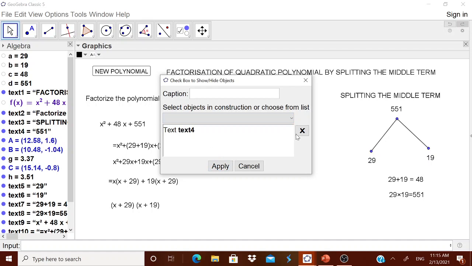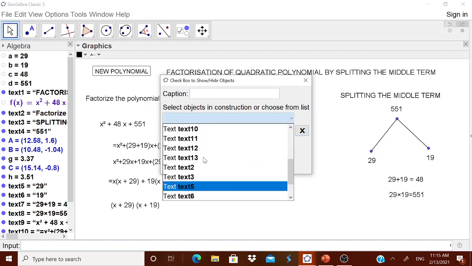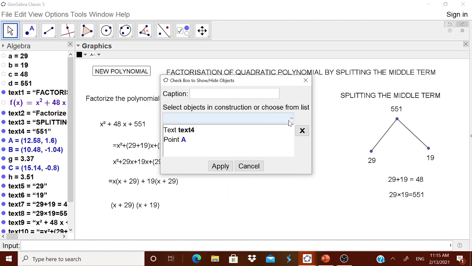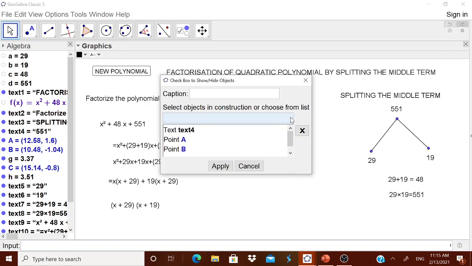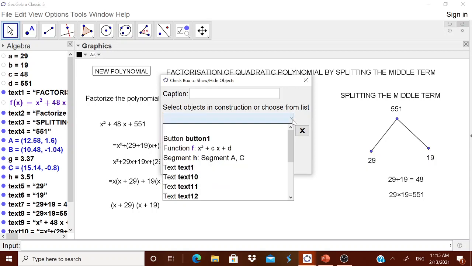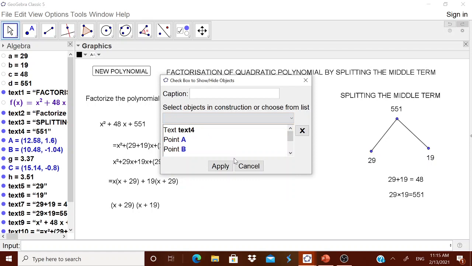Then you should have this point A. Point A should be hidden. Then point P should be hidden. Then point C should be hidden. And that segment should be hidden. And hidden means we are having control over it. Then point C is also over. Then text 5.